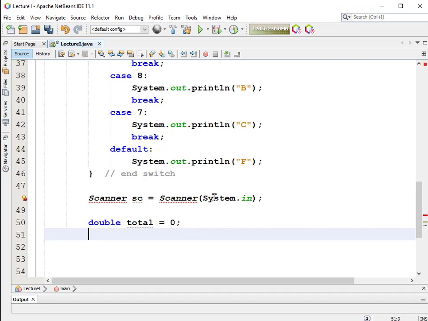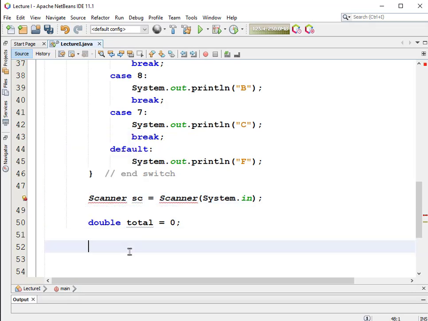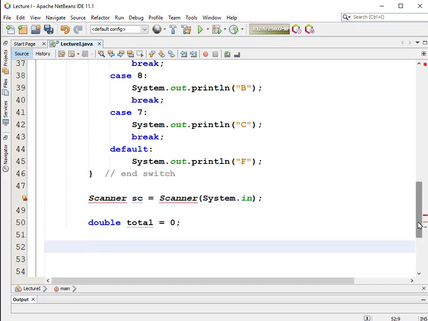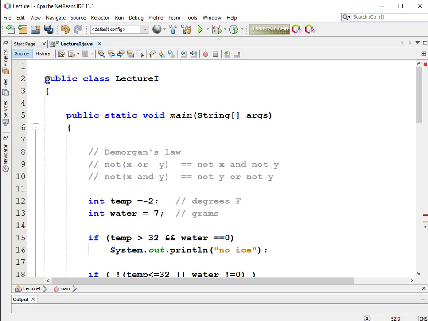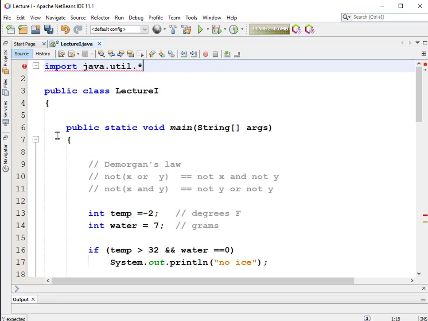Let's go ahead and add that import right now. Create class Scanner, create class, okay. See, that would be a terrible mistake, to create a class Scanner. Instead, I want the java.util Scanner version. So I don't know why I did that. So up here, I'm just going to add import java.util.*;